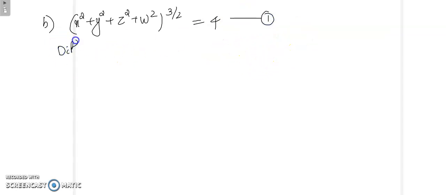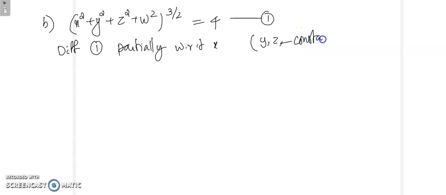So differentiate 1 partially with respect to x. So partially with respect to x, y and z will be constant. Okay. So you will get 3 by 2 x squared plus y squared plus z squared plus w squared whole